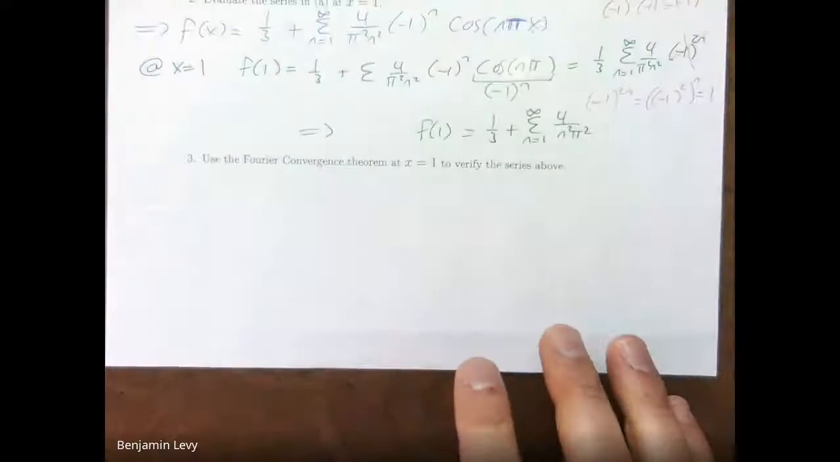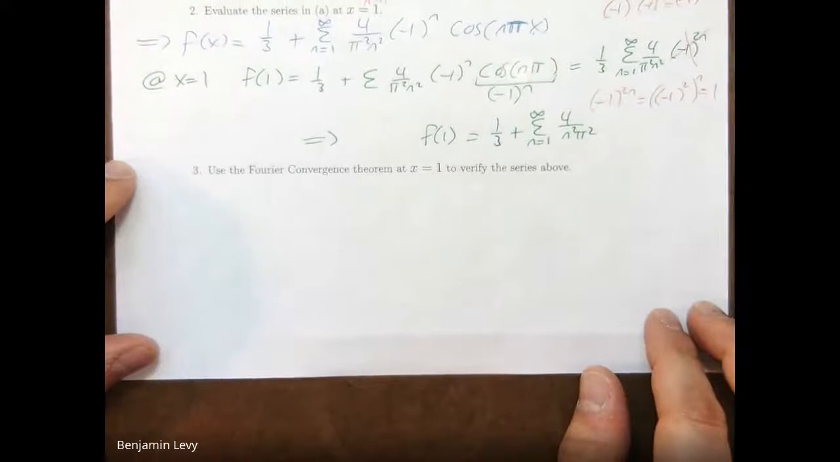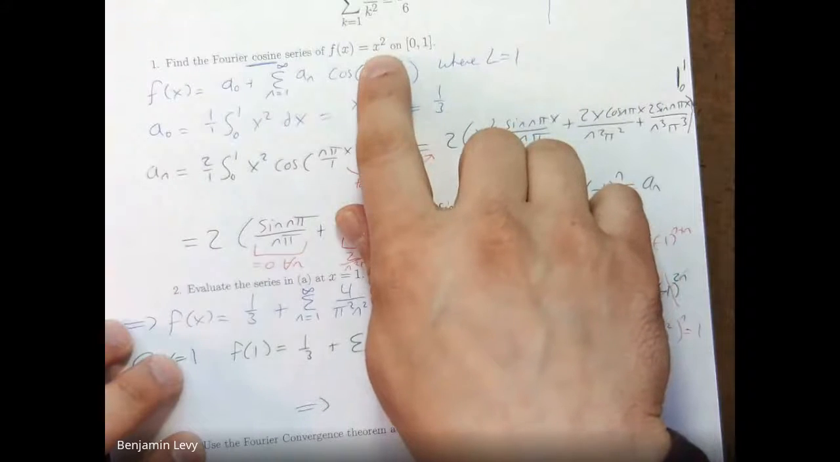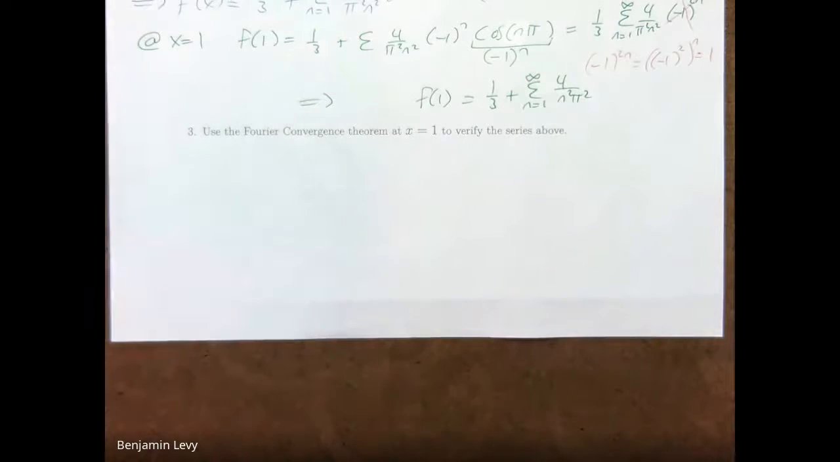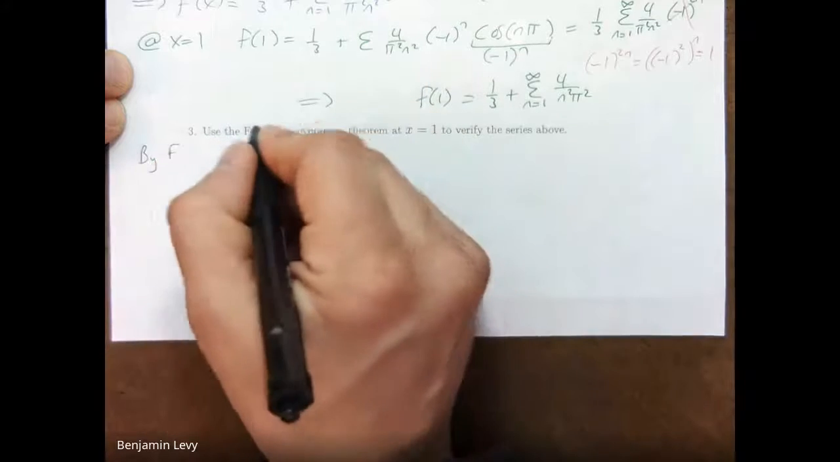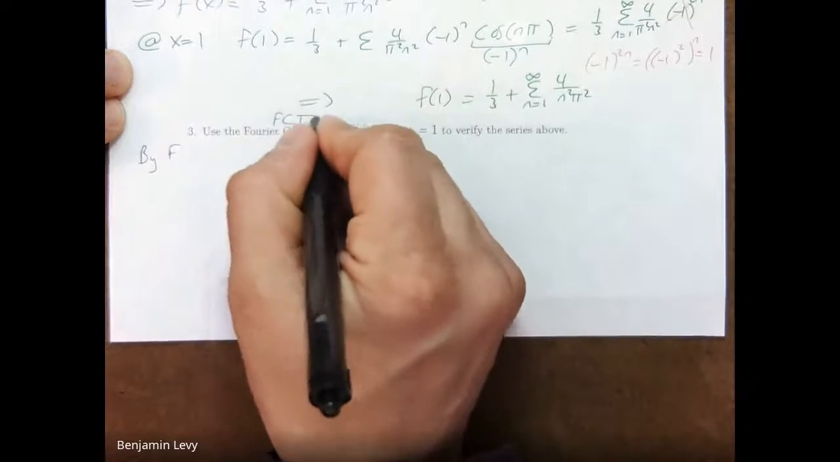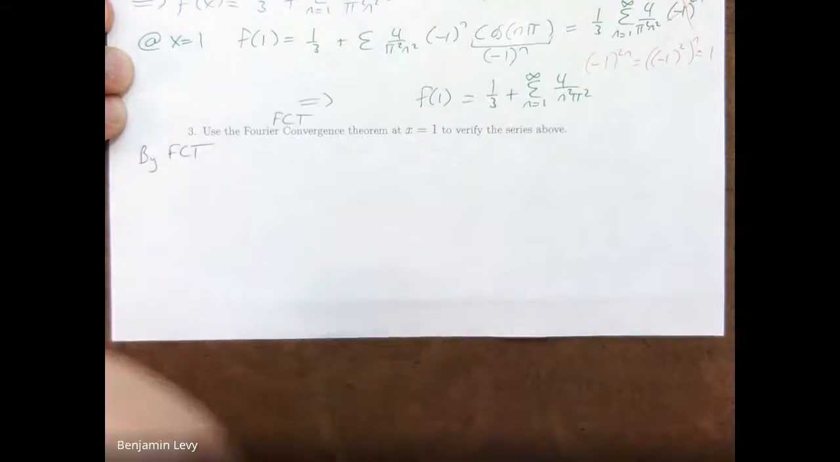Well, this function is continuous there, right? Our f of x is just x squared, so it's continuous at 1. And so at 1, the Fourier series is going to converge to the actual function value. By the Fourier series convergence theorem, which I'm going to call the FCT, Fourier convergence theorem,